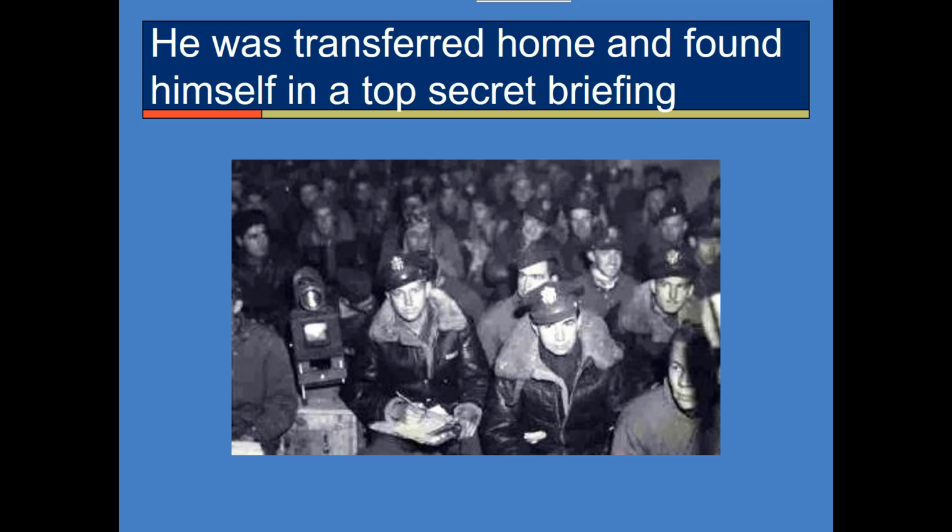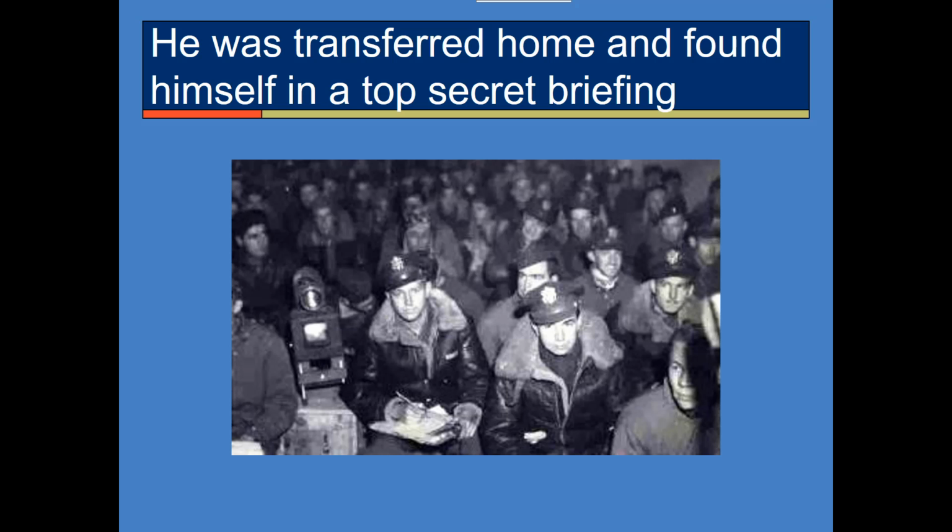So he was transferred home, and it was really kind of odd. He went from flying a mission and being shot at to being told that was it. He had reached his limit, and they were rotating him back home. He was told that he would not be rotating back home with the rest of the group, and that instead he was going to be sent to a different post, and that he would be briefed when he got there. And his commanding officer gave him a slip of paper and said, "Go get on that plane. It's on runway 2." So he went out and got on the plane, and he woke up in Nevada